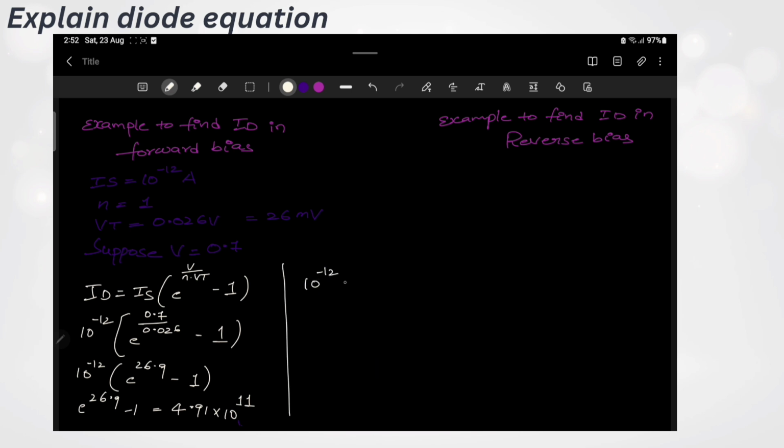Now I am substituting that value in this. So we get 10^-12 × 4.9 × 10^11. By simplifying that, we get 4.9 × 10^-1. So by using a calculator, we can get